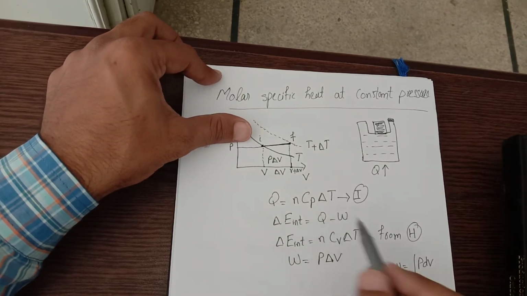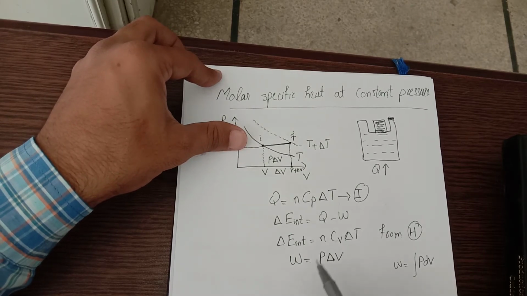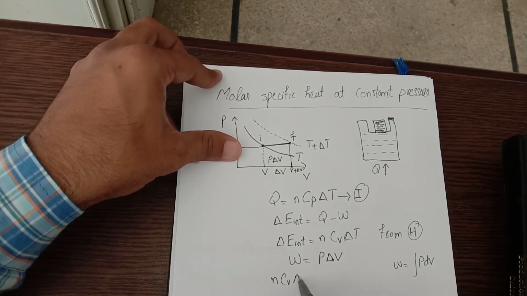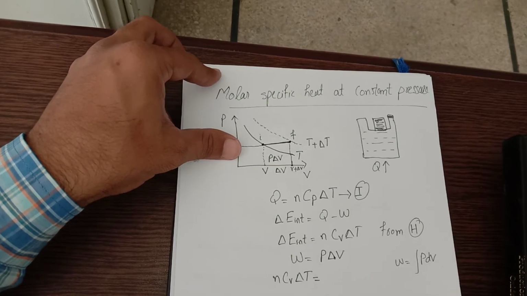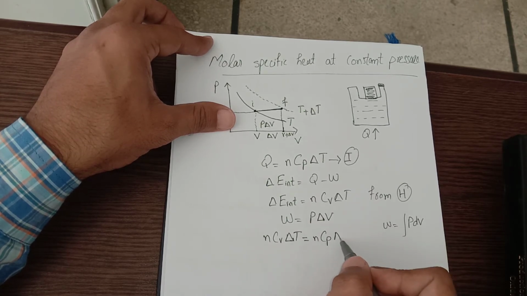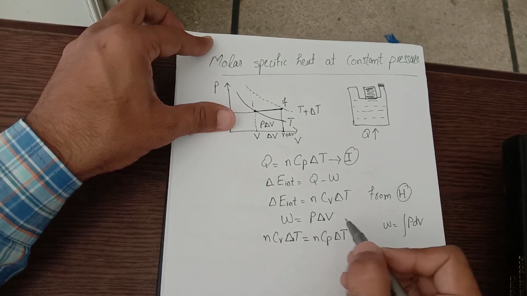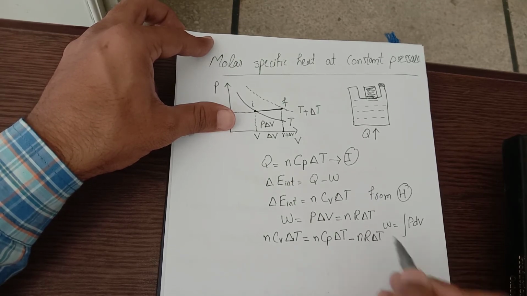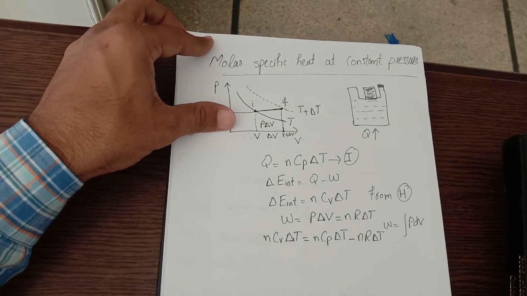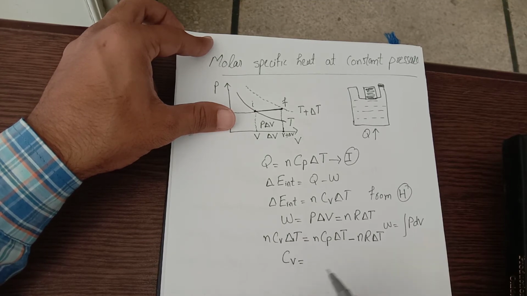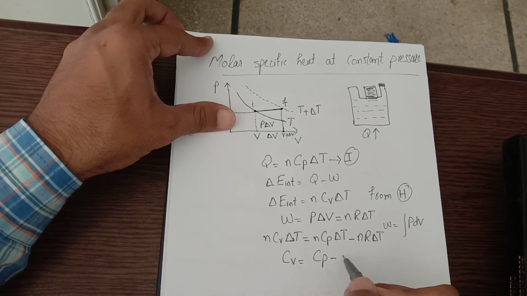Now substituting all these values into the equation of the first law of thermodynamics, what I get is the change in internal energy n Cv delta T is equal to Q, which is n Cp delta T, minus the work done P delta V, and by the ideal gas law we know that PV equals nRT, so it could be written as nR delta T. So I would substitute it as nR delta T. Now doing a bit of mathematics, dividing by n delta T would result in Cv equals Cp minus R,